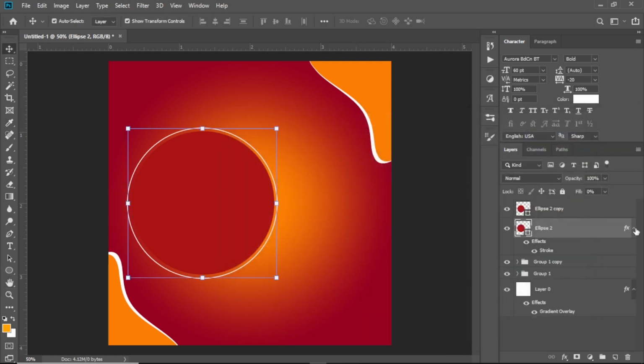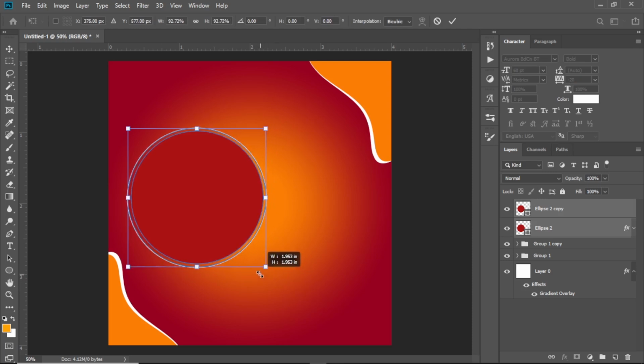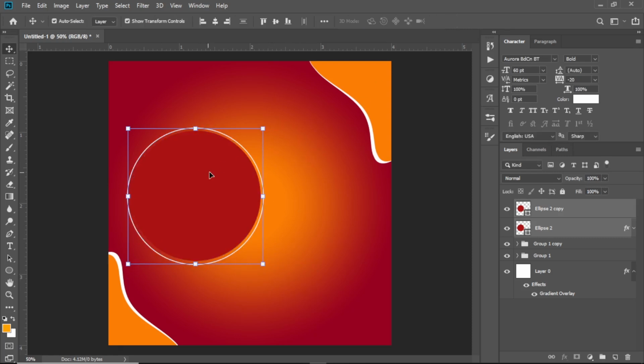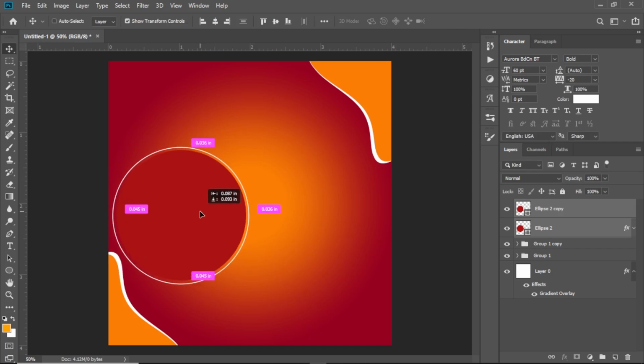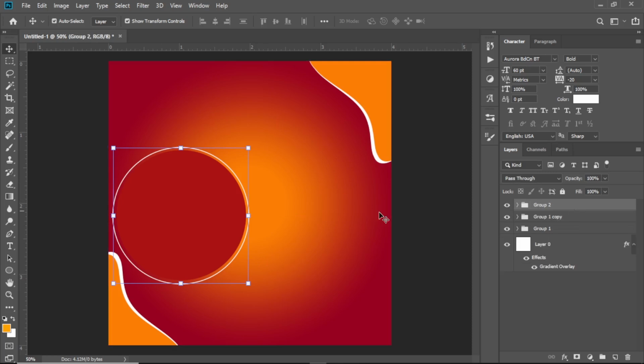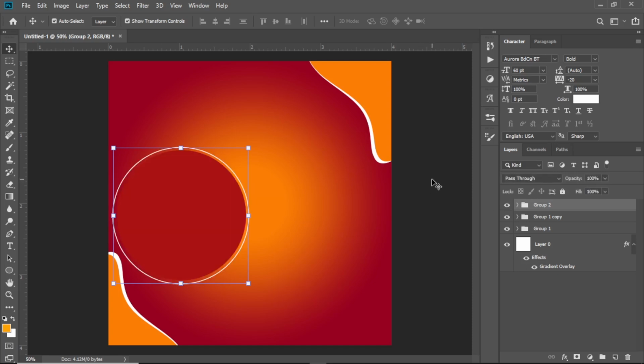Select the two layers together and then transform it. Simple. Just transform it a bit and then position it at the corner. Somewhere here is okay. You can still drag it beneath. Hit Ctrl or Command J on your keyboard to group it, so that when you turn the layer off, you see you have the two layers being turned off together. It means you can edit them together. So the next thing we will do is